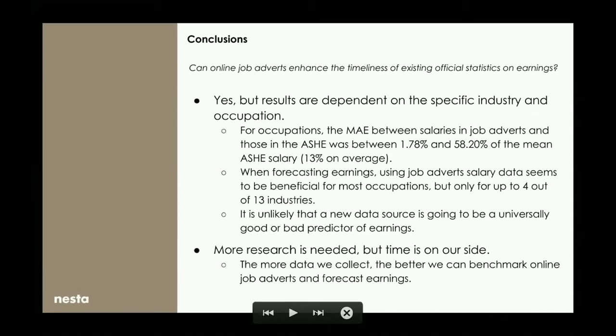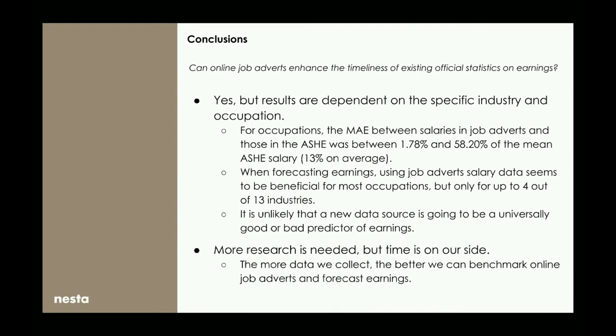And the tentative answer at this point is yes, but results so far are dependent on the specific occupations. We can see this when we compare directly with the annual survey of hours and earnings, so there can be either small or very large discrepancies. And also when forecasting earnings, job adverts seem to be beneficial for most occupations, but only up to 4 out